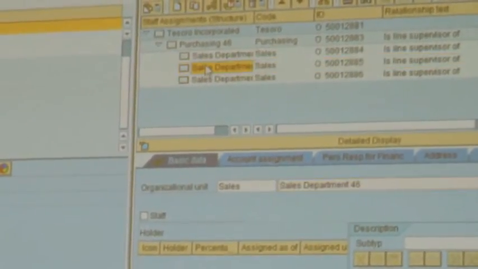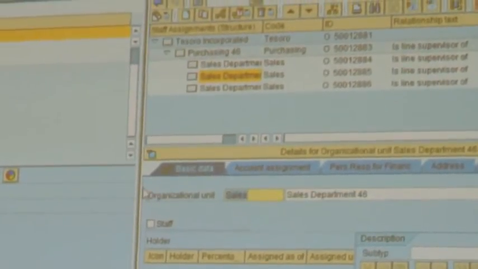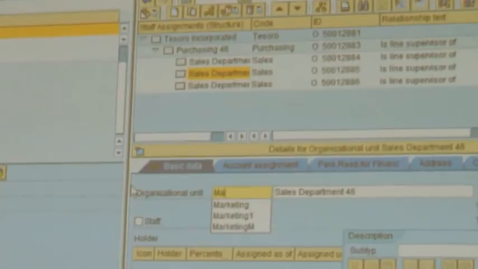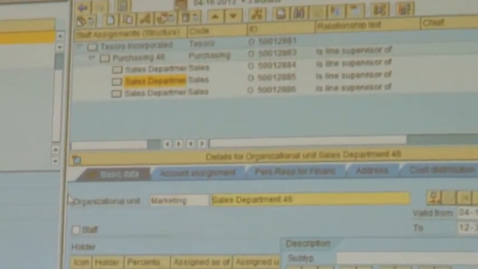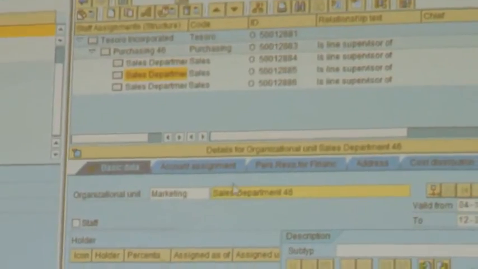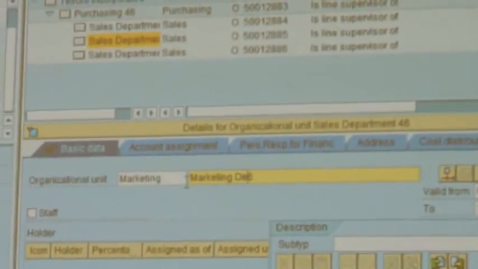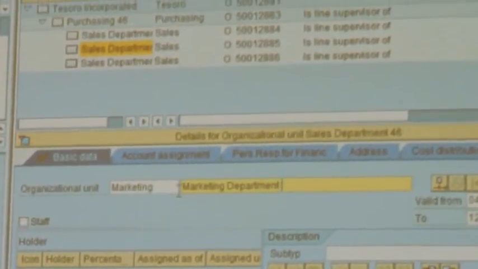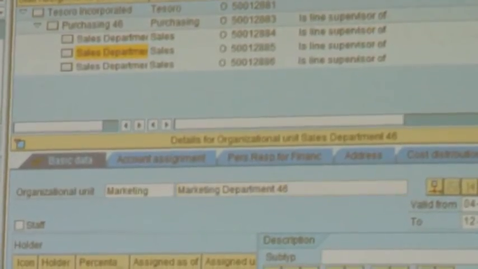Now I'm going to modify these names and change them according to my department need. So the second department will be marketing. Save.